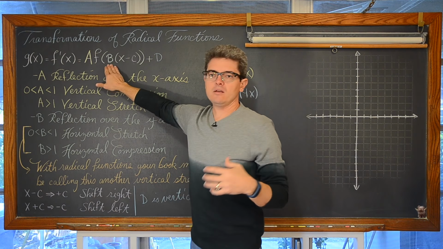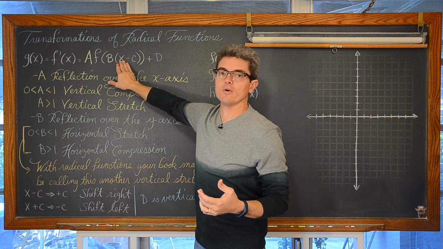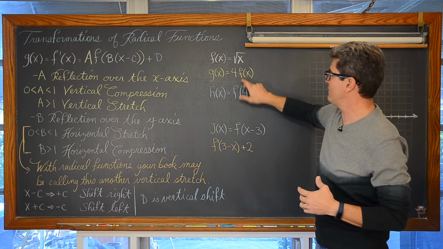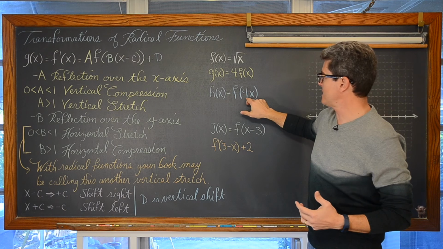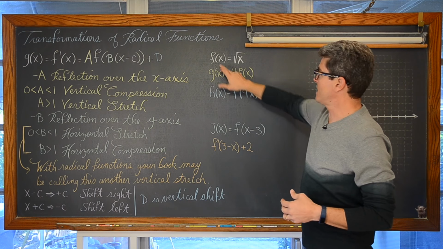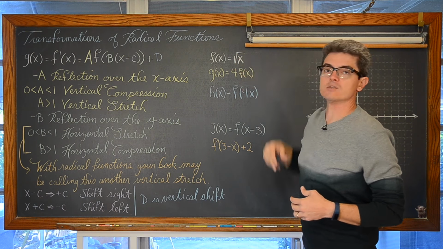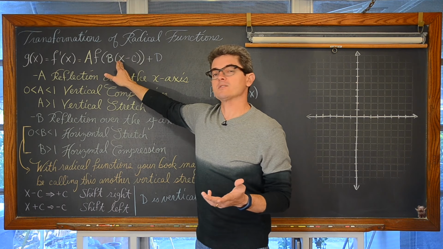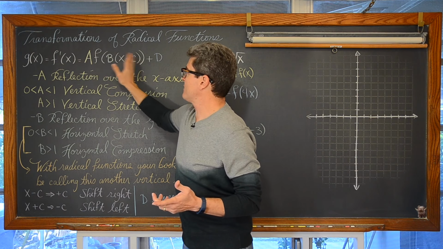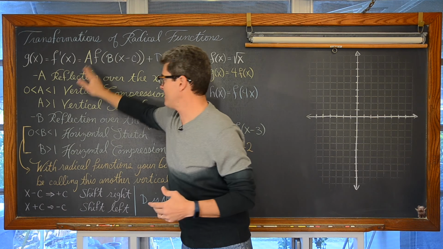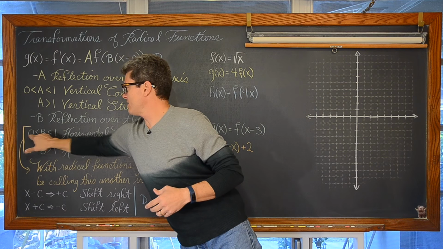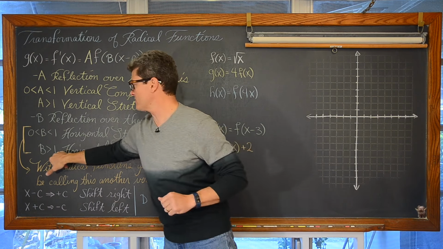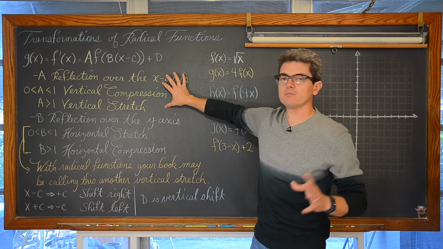Then we have a coefficient that can be applied to your variable that's inside the main math function. And you're going to see that here with a b in front of the x and a b with the notation that is inside the main function. In this case, our parent function, our main function is that square root for the first few examples. If you have a coefficient in front of the x other than 1 inside the math function, and that's pointing to the name f, if b is greater than 0 or less than 1, you're looking at a horizontal stretch. And if b is greater than 1, as opposed to the